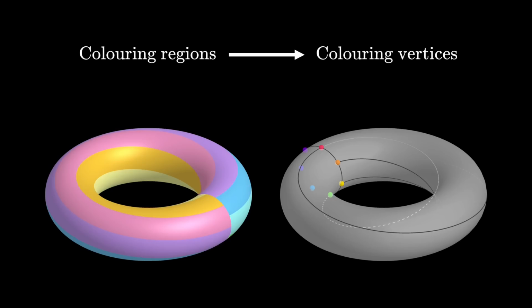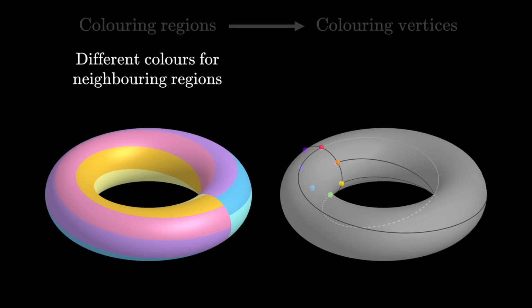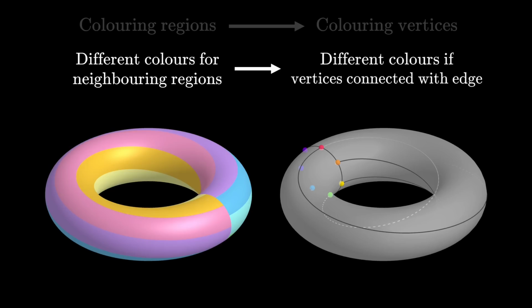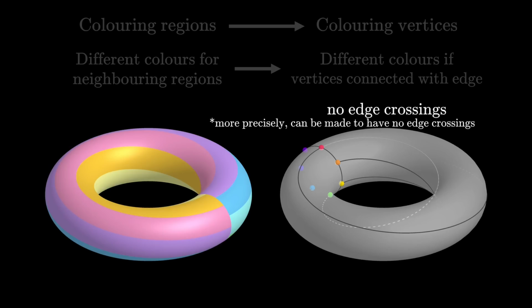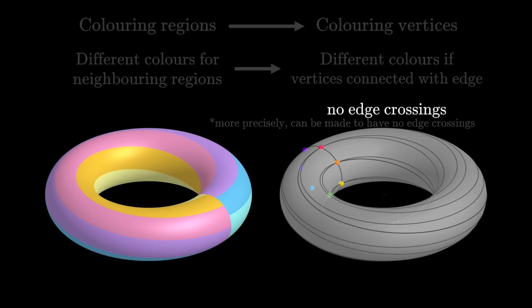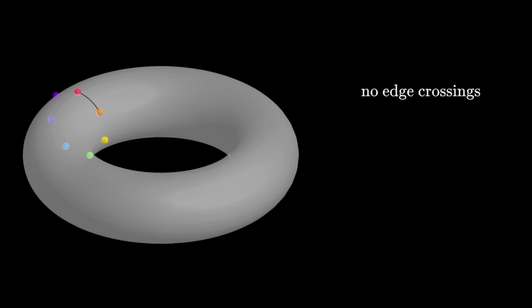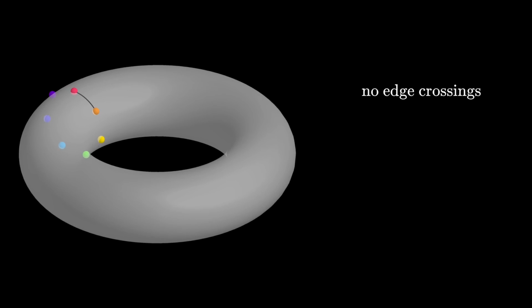Originally, we demanded that the neighboring regions should be colored differently. From the perspective of the graph, this means if the two vertices are connected by an edge, they should be colored differently. Graphs obtained this way will not have any edge crossings, even if the regions are very interconnected. The edges will just cross the borders between the regions. On the other hand, it can't be too disconnected. There can't be a region that literally doesn't have any neighbors.